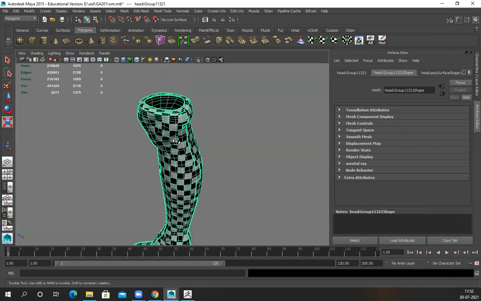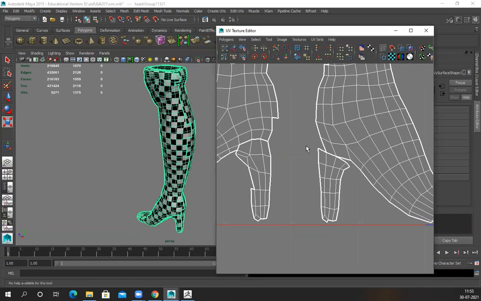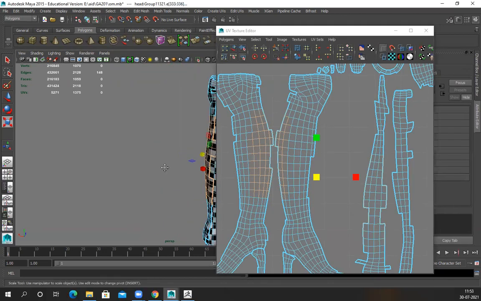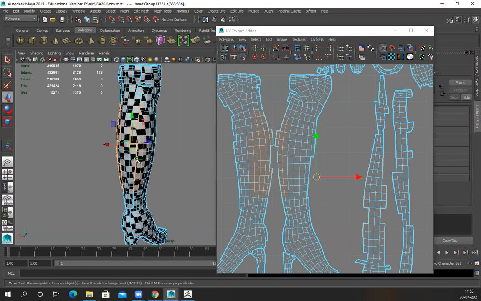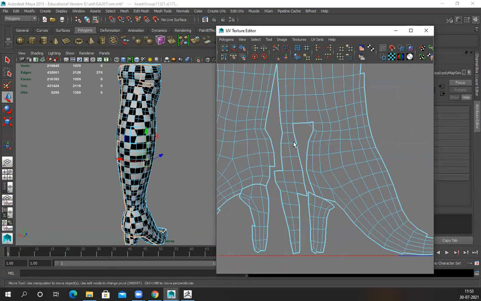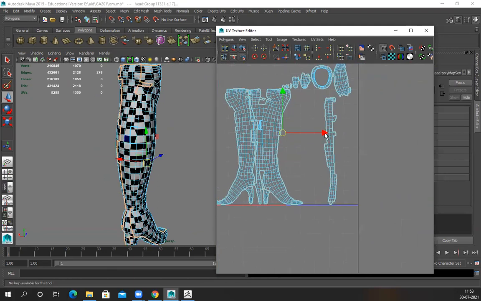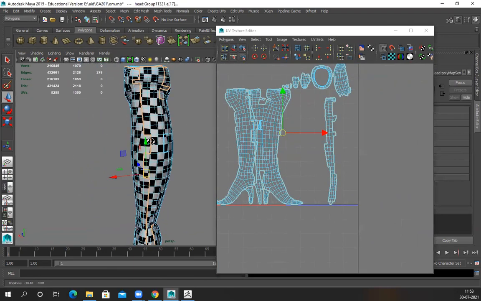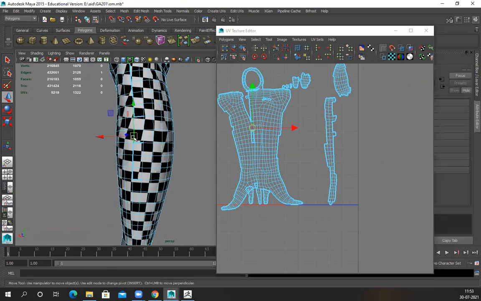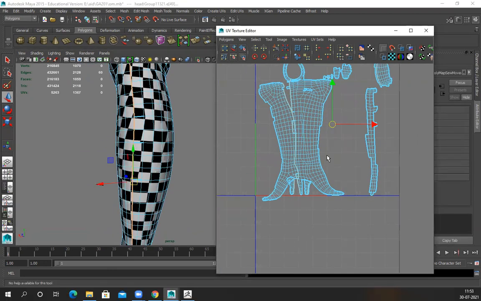And this I can unwrap really nicely. I'll keep one complete seam.